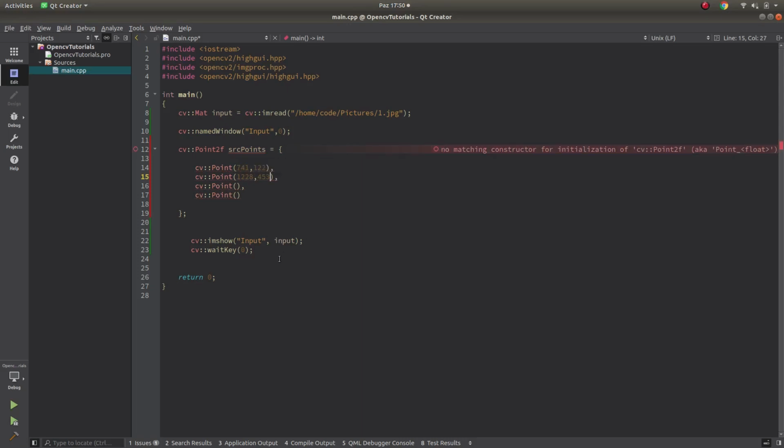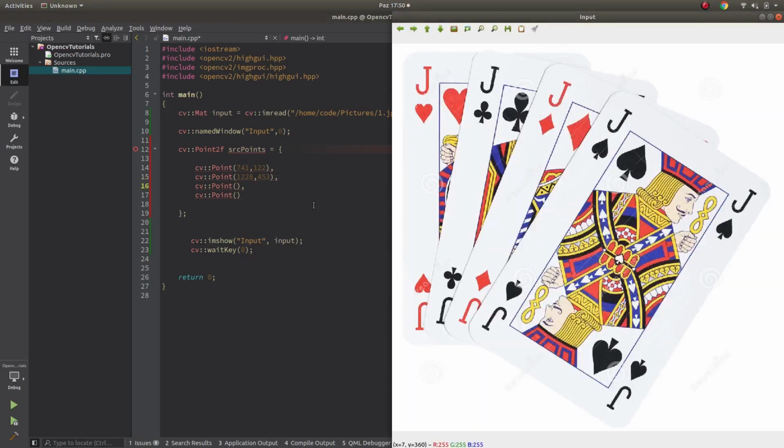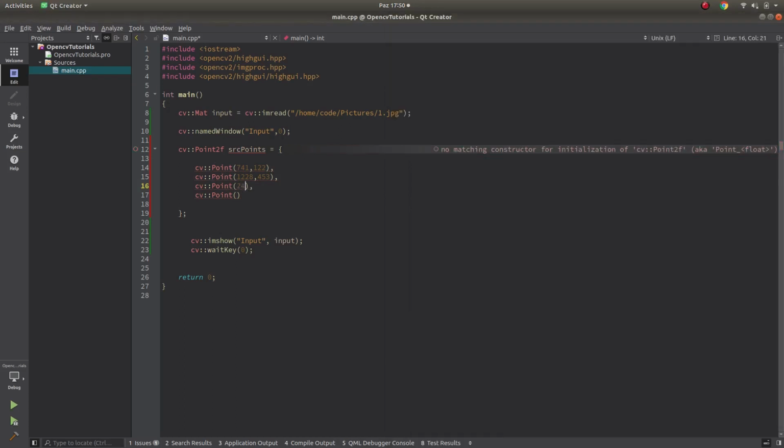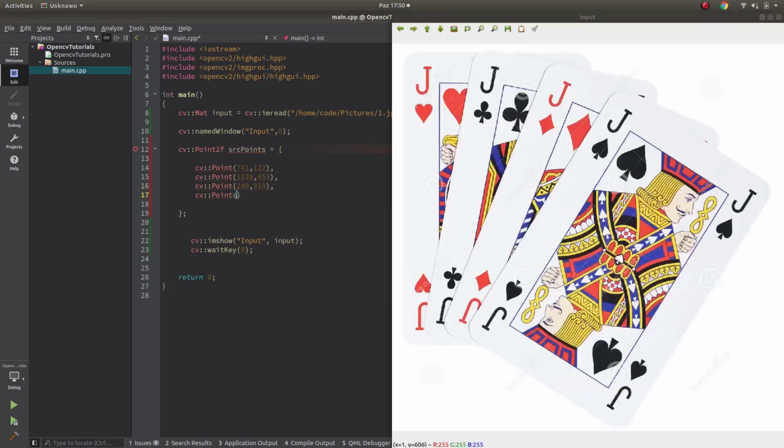And this is 240. This one, and lastly here, 735, 1200.